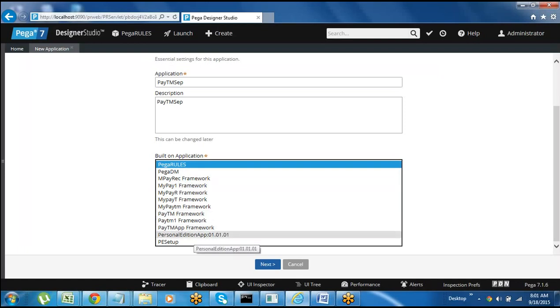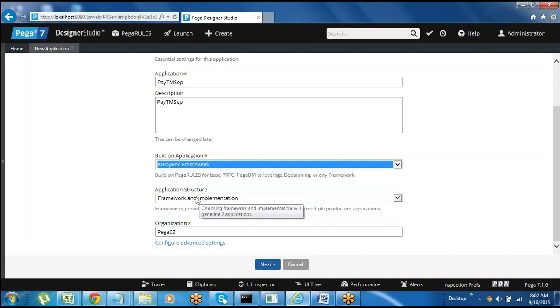They are not frameworks separately; we didn't create any framework, we just created a few applications. In my Personal Edition, I'm having some 8 to 10 applications. You can see here, every application is saved as one framework. If you want, you can choose that framework and modify the application.